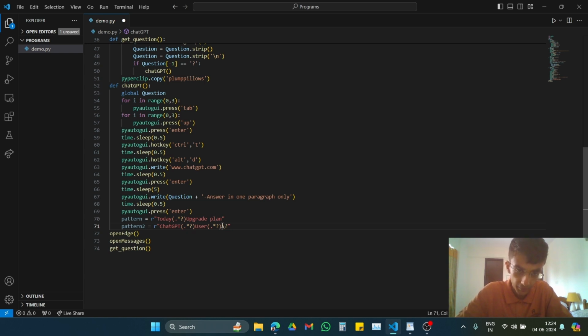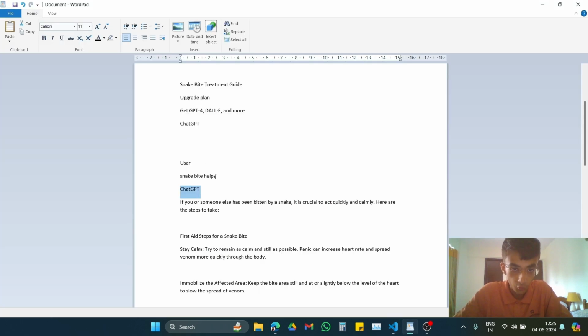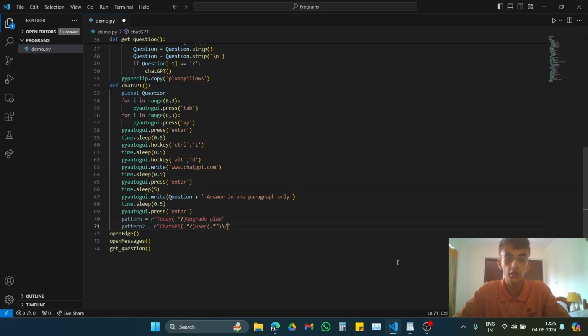I'm using an escape character to target the question mark character, because the question will always end with a question mark. That is something that we know for sure. That can assist Python in better recognizing the pattern we are looking for,